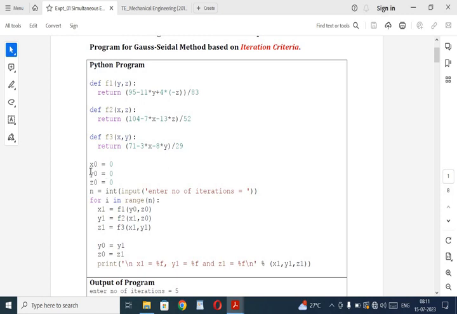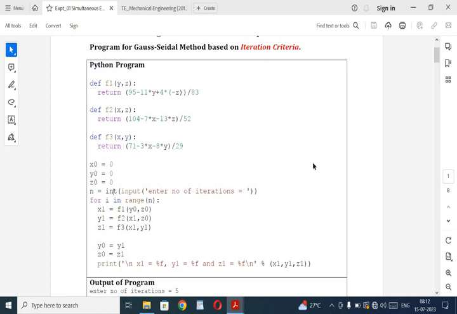Now x0, y0 and z0 are variables defined here, and an initial value of 0 is assigned to them. Another variable n is defined, and we are entering the input for this variable n. The input that we are entering is a whole number, which is why we have taken int. All these, def and int, are part of the syntax of the Python programming language. Inside the bracket of input, inside the single quotes, is written: enter number of iterations.